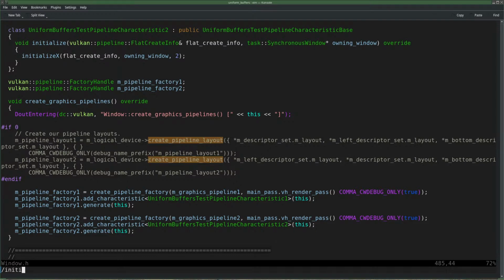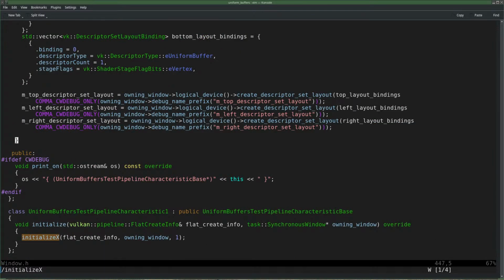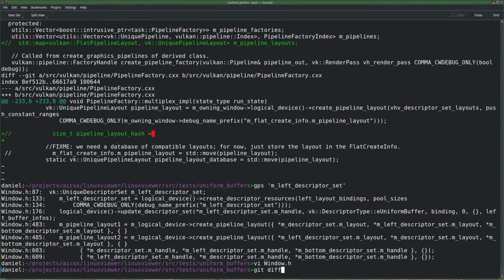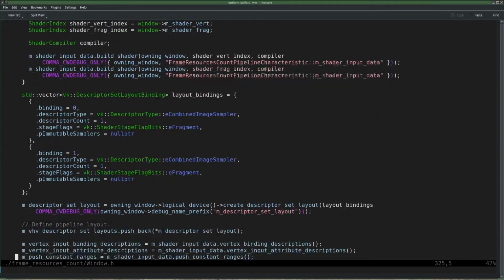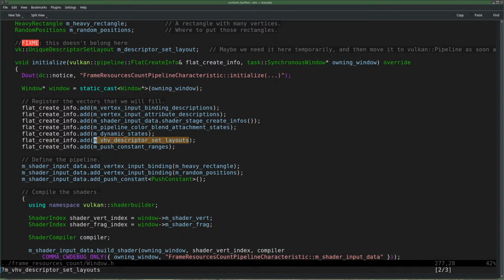So we were, I think, in initialize x, and then now we have only one file. Okay. This one, or rather, that thing.